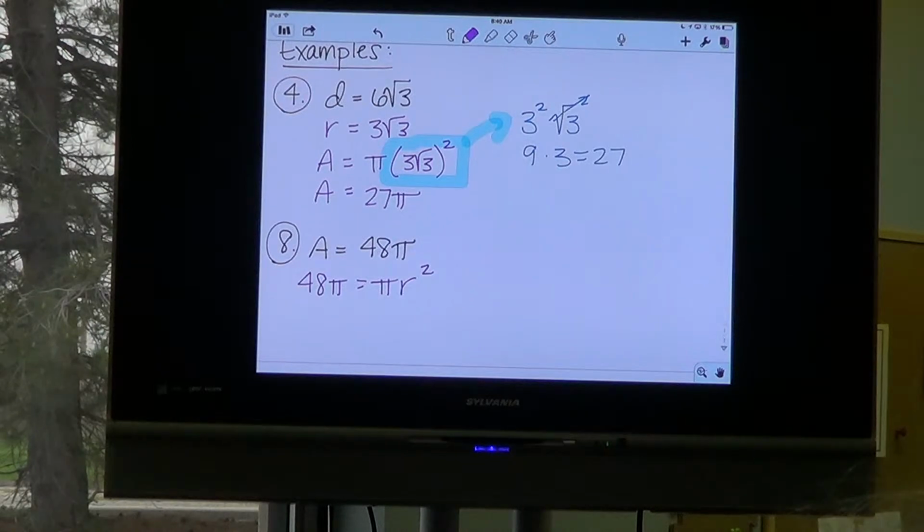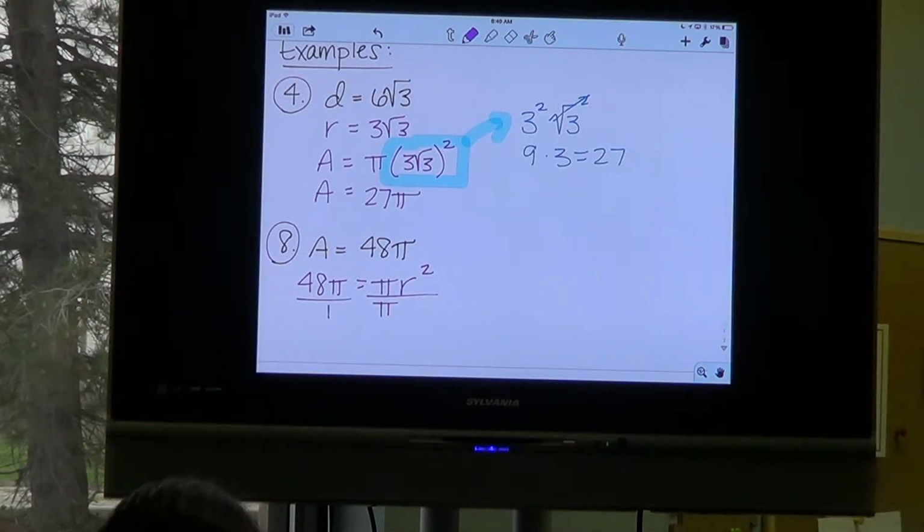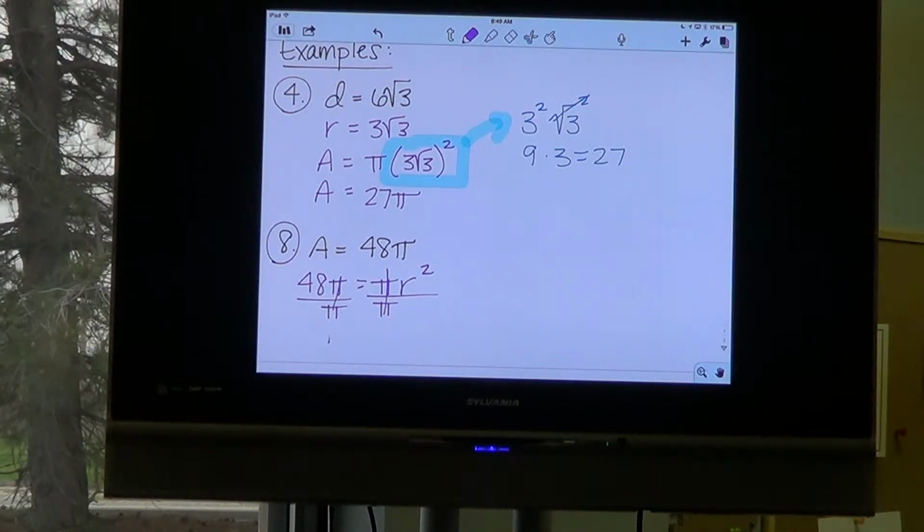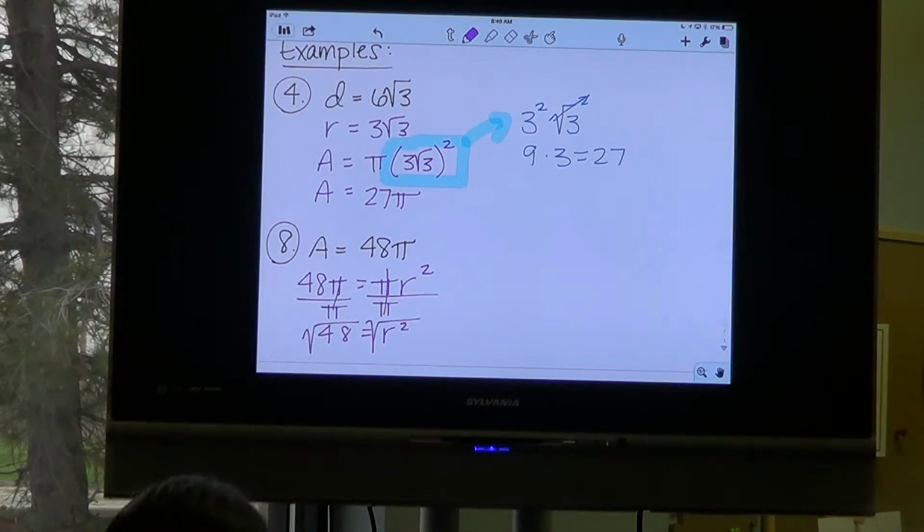To solve that for the radius, you have to take the square root of 48. Okay, I'm going to show this step, that might be obvious to some of you. If we divide by pi, the pi's will be gone, and we'd have 48 equals the radius squared. And so then we need to take the square root of 48,